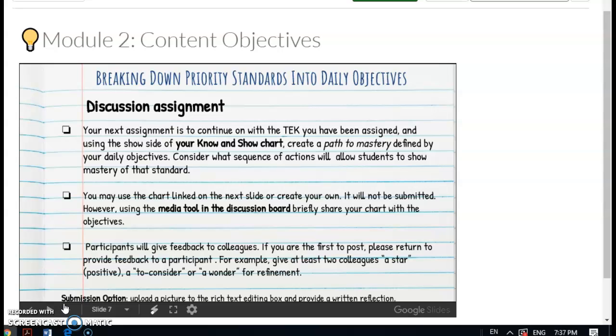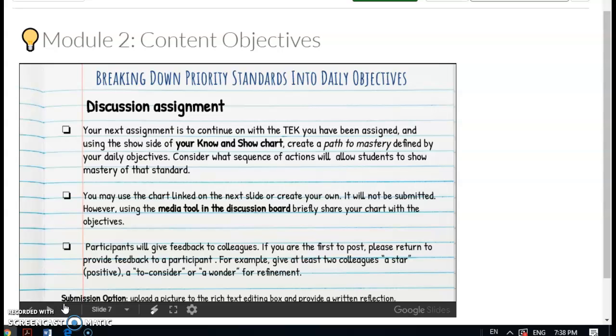You just completed designing your beautiful know and show charts. So now the next step is to take that chart, to sequence your skills and knowledge, and then to write a pathway to mastery. Some of you may only have 3 days,